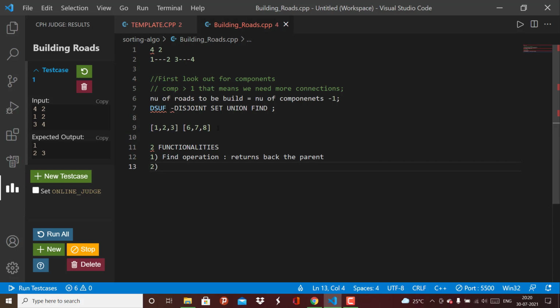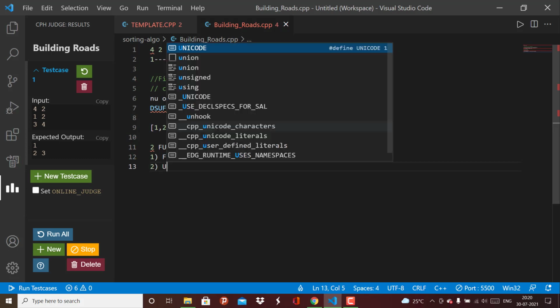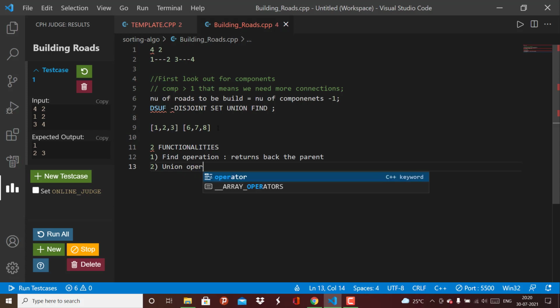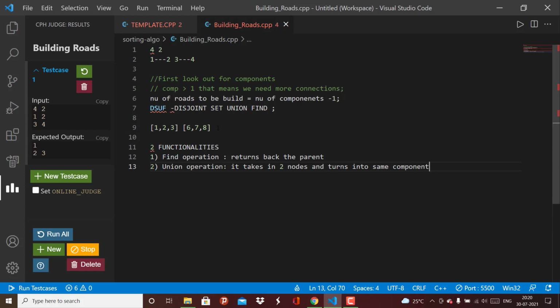And the second functionality here is a union operation. It takes in two nodes and turns them into the same component by adding a link.